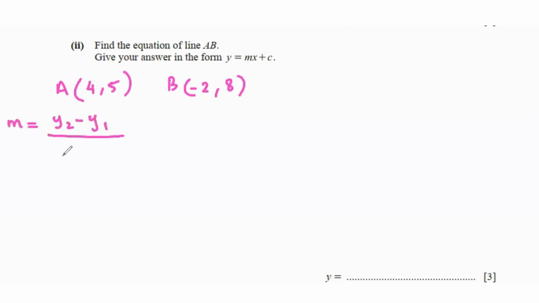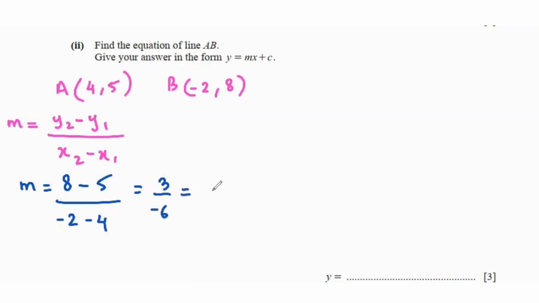Find the equation of the line AB. Give your answer in the form of y equals to mx plus c. So to find the equation of line AB, let's write the coordinates first. A is 4, 5, and B is negative 2 and 8. So let's start with finding the gradient, which has the formula of y2 minus y1 over x2 minus x1. So our values are going to be 8 minus 5 over negative 2 minus 4, which is 3 over negative 6, and that equals to negative 1